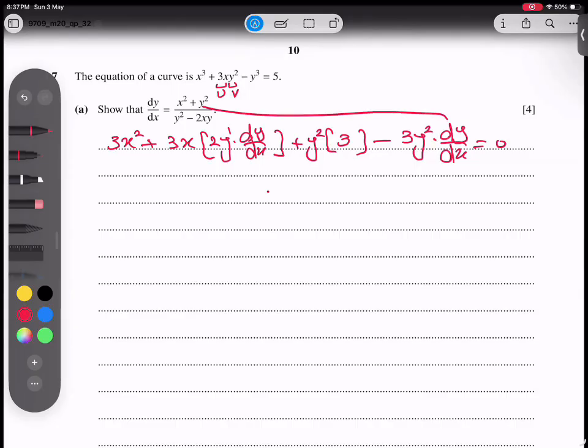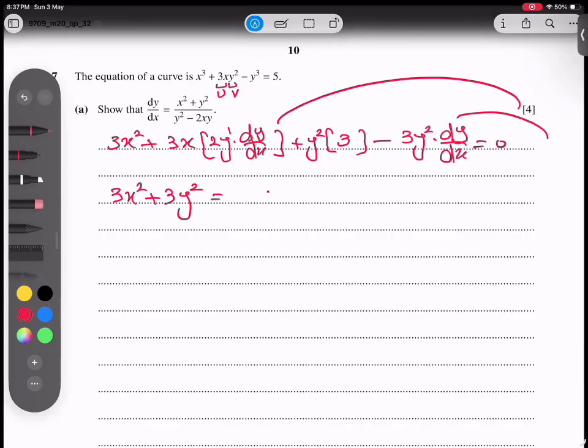So we have to make dy subject. So we have 2 dy dx, one here and one here. So what I'm going to do, because I need x square and y square positive, which you can see they are positive. So I'm leaving 3x square and 3y square here alone and bring this value and this value on the other end. 3y to power 2 and dy over dx positive, and 6xy will become negative